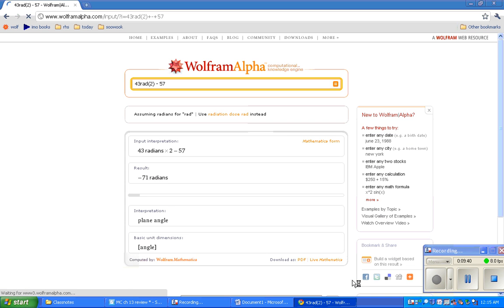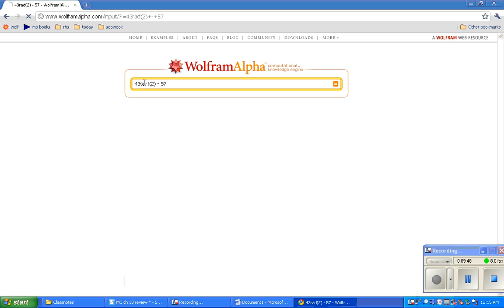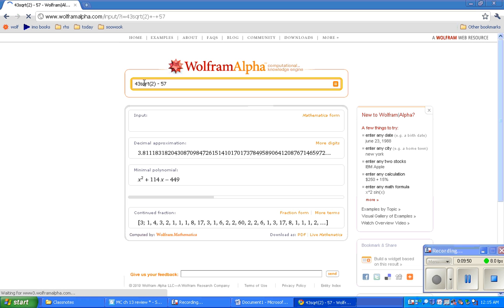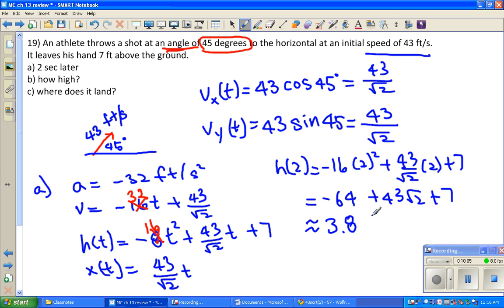Let's see what happens here. Oops. Instead of using the radical, I probably have to use square root here. Then we end up getting about 3.1. So therefore, we are about 3.8 feet